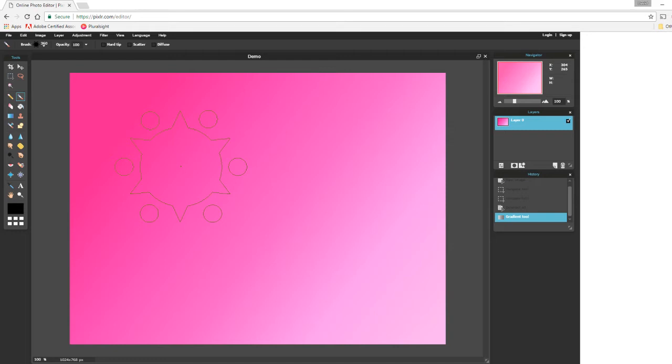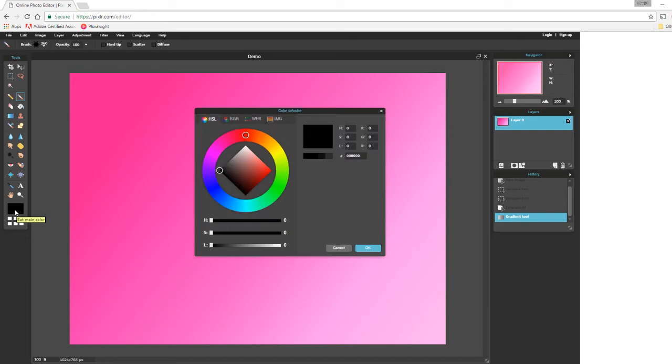Now, if I go ahead and click, it's going to place a shape right there. But if you look down here in my color, I have black selected, and black on pink. Let's choose something new. So I can choose a new color by clicking on that big box, and I get my color selector menu. Color selector is awesome because in HSL, for hue, saturation, and